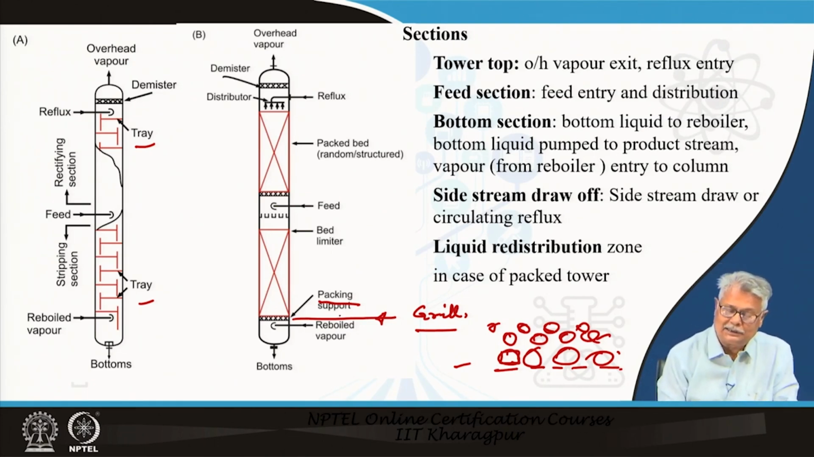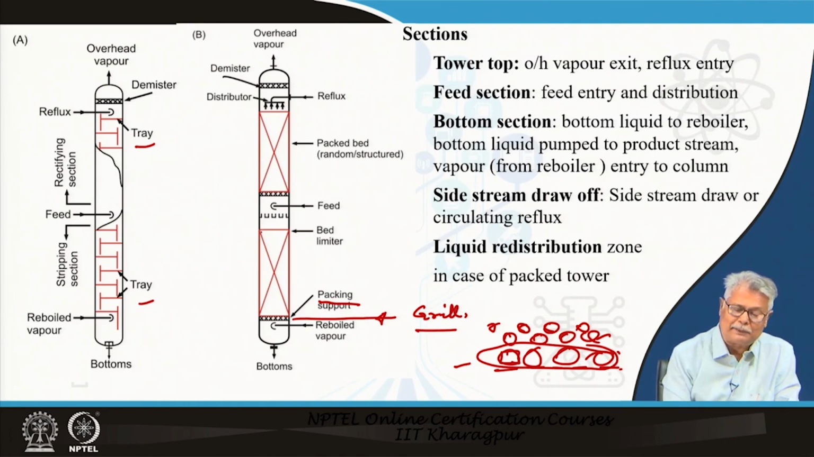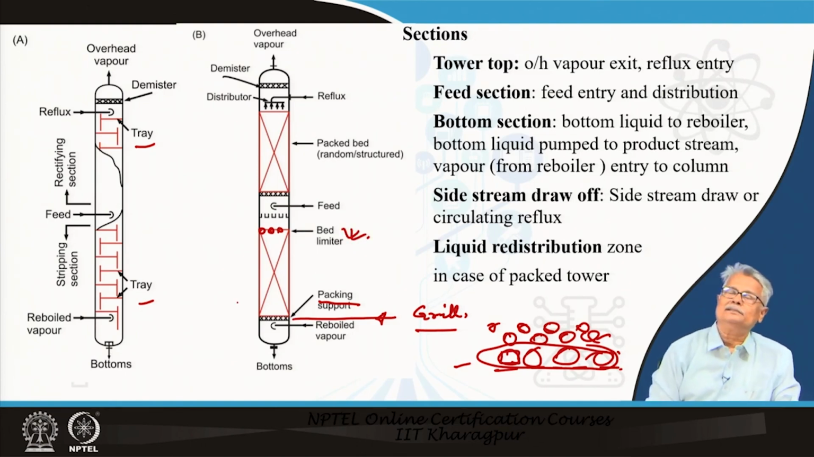not only that there will be a packing support and possibly some sort of bigger or larger size packing right above it. It will also be ensured that your smaller packing pieces at the top do not fly off whenever your velocity is high. So, you usually will be having a bed limiter also. A bed limiter will also be a similar grid or a perforated plate. Remember,